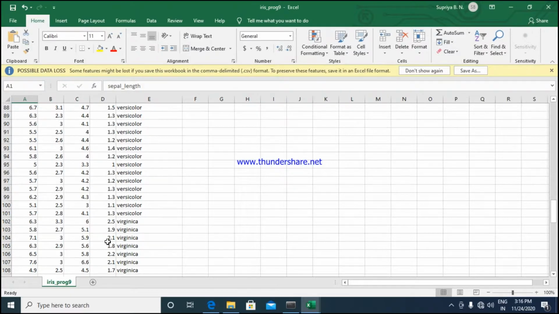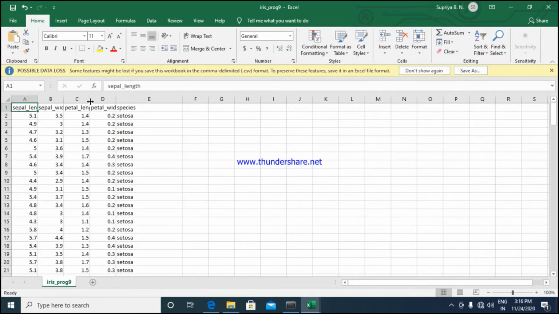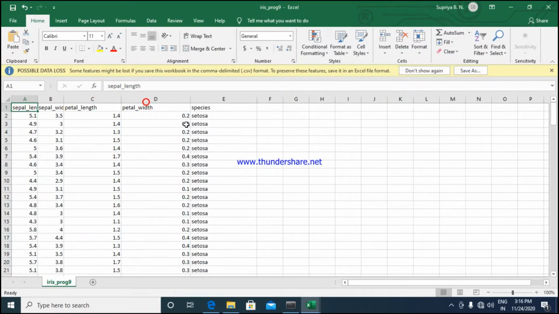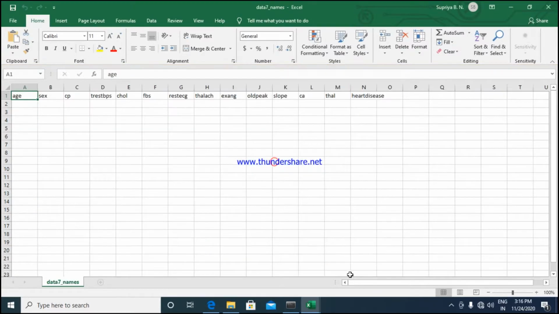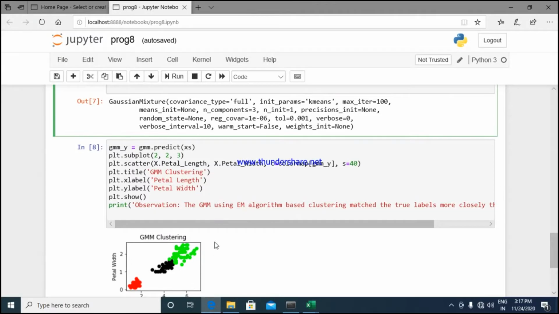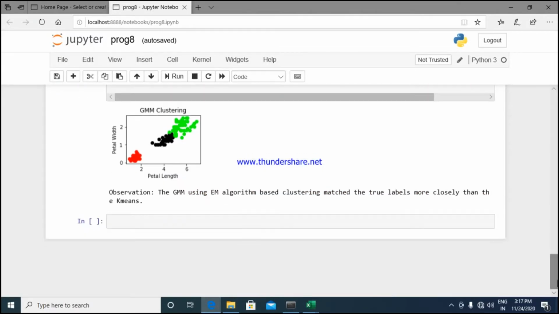So these values are given as an input. Depending on this input, it will start clustering the values, which again depends on your petal length and petal width. Am I clear with that? That is about your clustering, wherein you will start clustering the values depending on those important points.